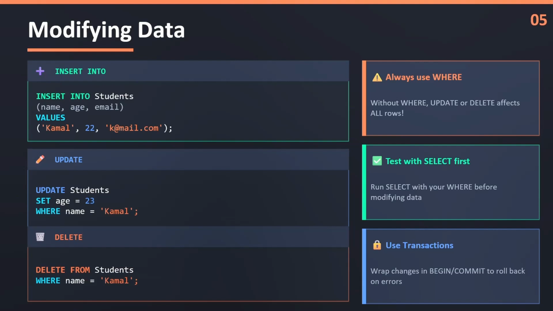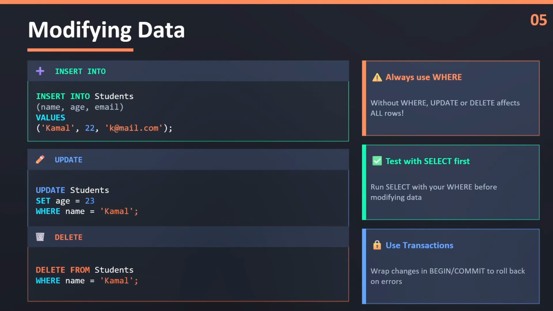And now we want to enter the values. So before that, we use the keyword values, and within brackets enter the values: name Kamal, age 22, and the email. So likewise,